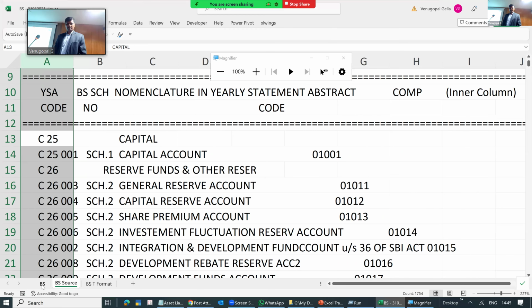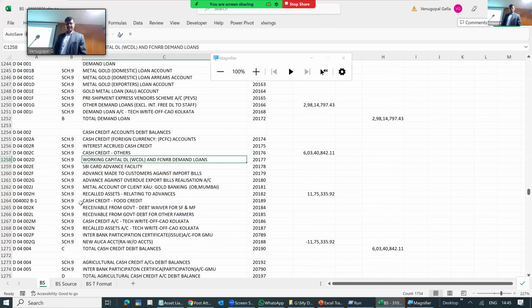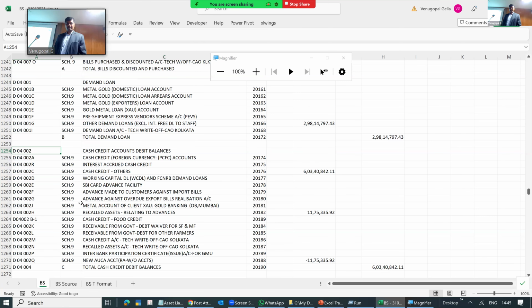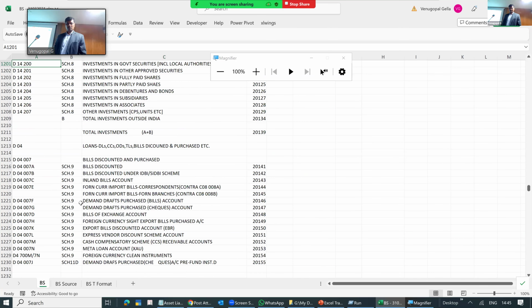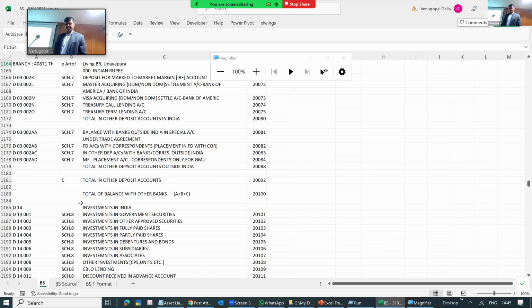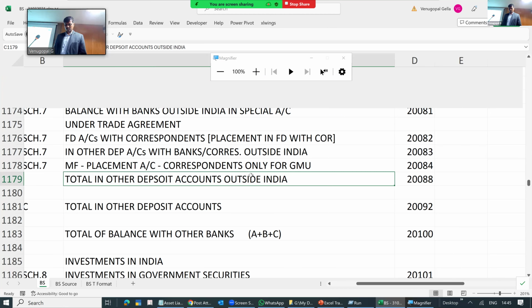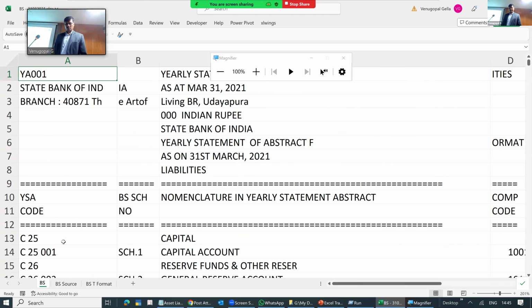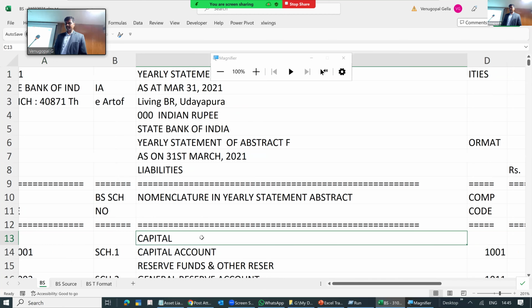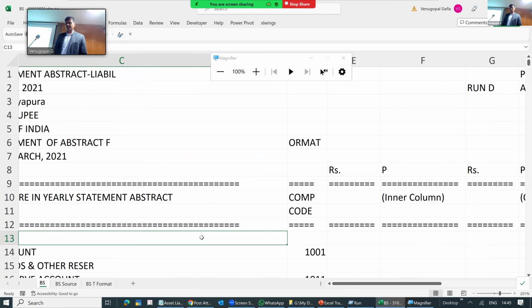So from the balance sheet source, I have split it into columns without any formatting. The code, the balance sheet nomenclature, everything has been split into different columns.